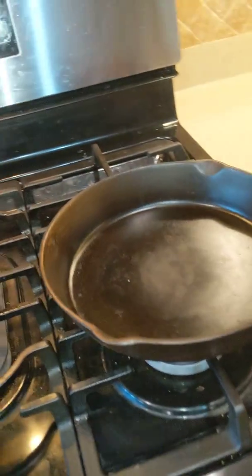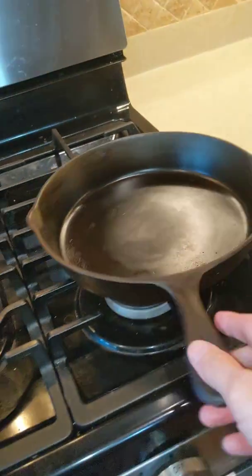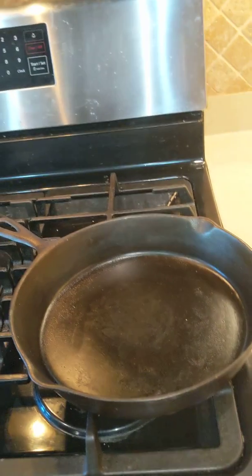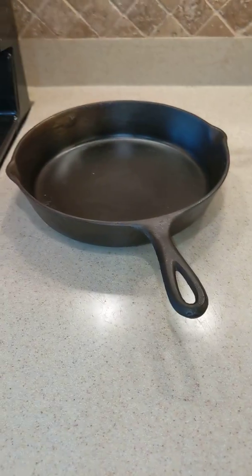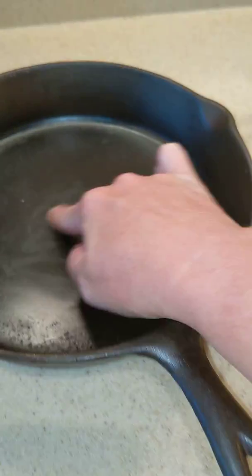And in my case, I have kids, and it would really devastate me if they hit this and it fell onto the floor, and all that hot scalding oil that you have in there could burn them easily. So I use this to render hog fat in the oven, or just to make sausage balls. But I have to be really careful because